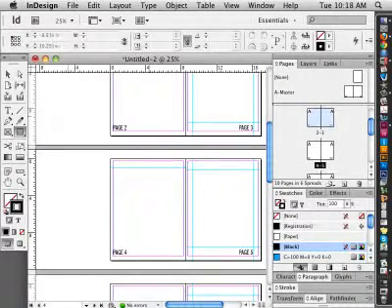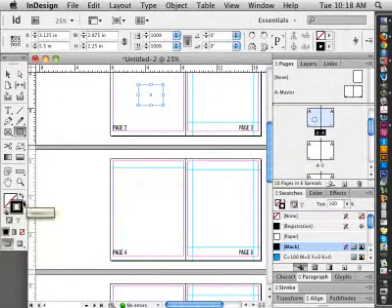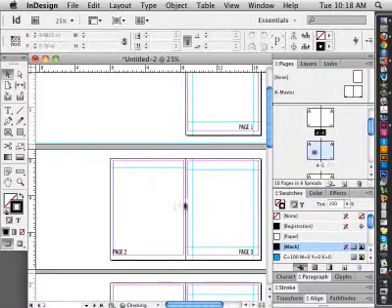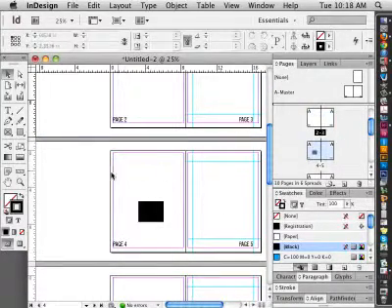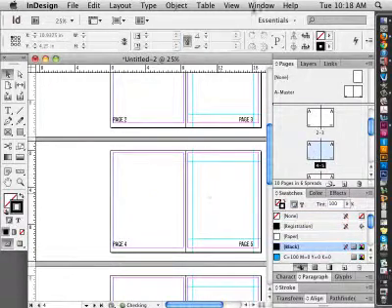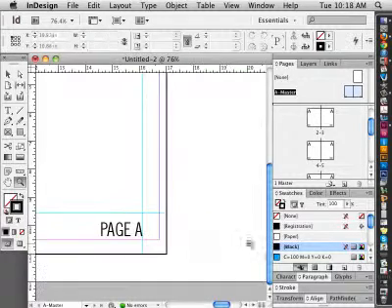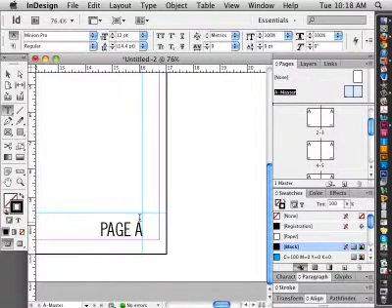So let me show you. So if I have something on page 2, and then I move that after page 4 and 5, you can see that it moves after and it automatically updates the page numbering. There's other special characters you could go in, like if you wanted to say page blank of however many pages there are, I could say page A of,